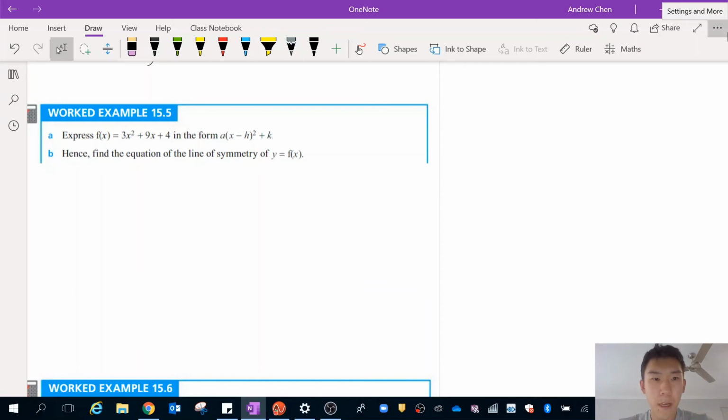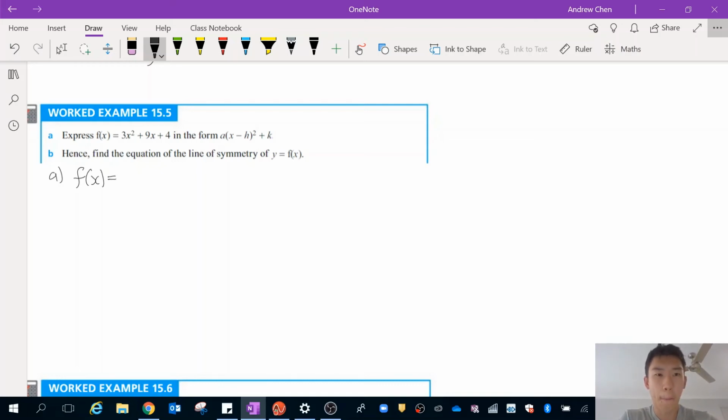Part 15.5. So we're going from standard to turning point form, so we're going to have to complete the square again. Now, when you complete the square, you want to make a equal 1. So right now we have 3x squared. We want x squared, right? So we have to factorize out the 3. Let's get into it. So f of x